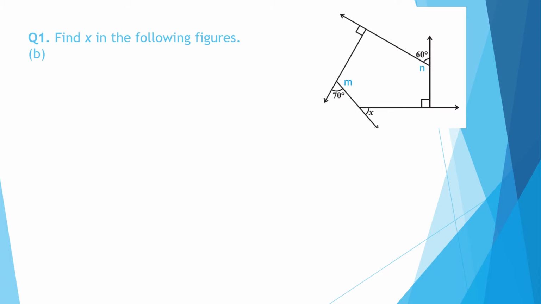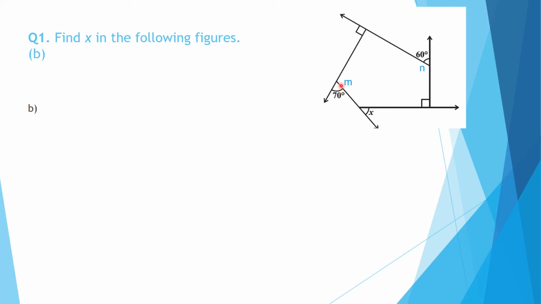Now the B part is again a figure having 5 sides. So in this 5-sided figure, the sum of all the angles is 540 degrees, as you have done in a pentagon. The sum of the angles of a pentagon is 540 degrees. And if you don't remember it, you can find it with the formula n minus 2 multiplied by 180. So in this figure, one angle inside is this box, which means it is 90 degrees. This is not shown, but we can write it as 90 degrees because it is perpendicular and forming a linear pair. So where I have put this red spot, it's also 90 degrees.